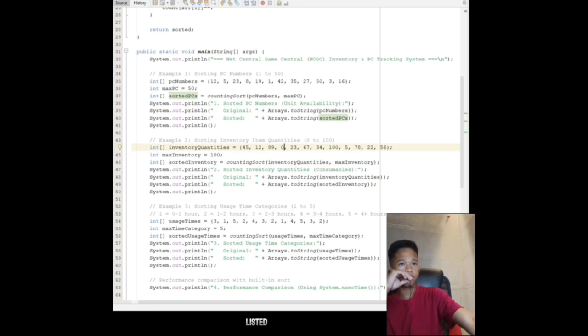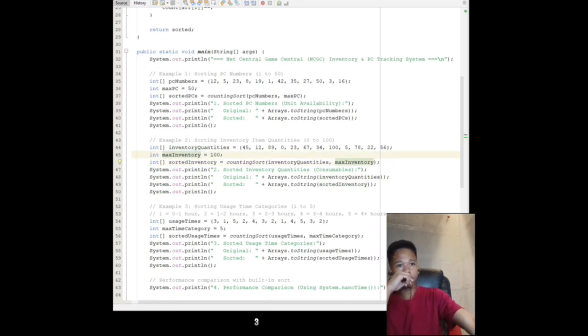This is all listed from the initialization for getting the sorted inventory. We repeat the process with consumable inventory quantities ranging from 0 to 100.